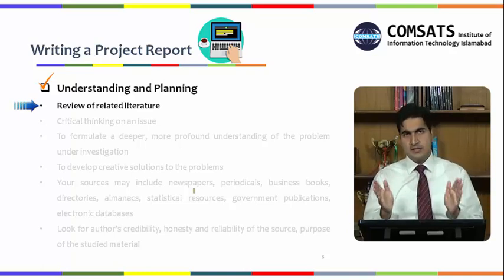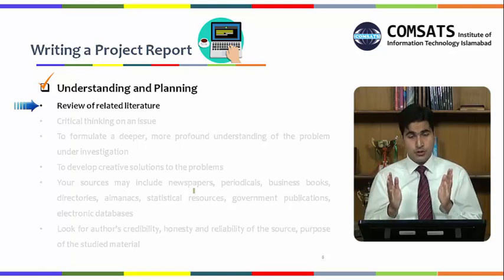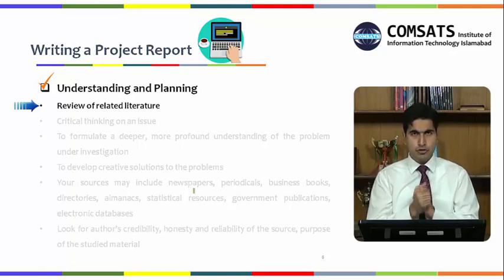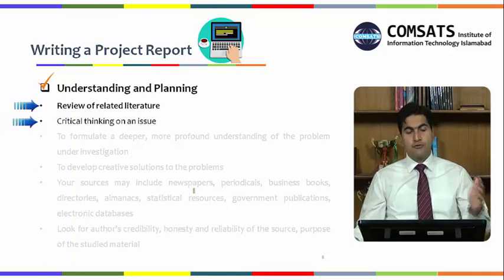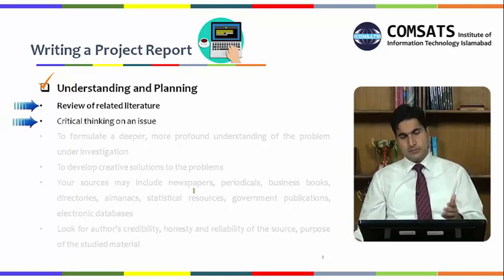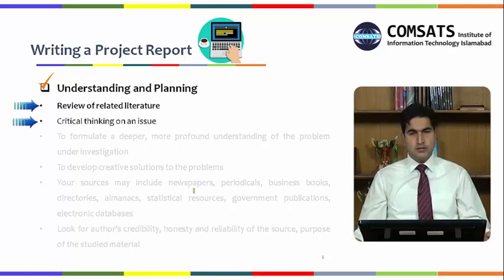But this mentioning is not just the only thing that you do within this review of related literature. It's about this critical thinking on an issue. Let's say if it's just about the stress, so you have to mention that you are critically thinking how this thing is affecting. So first you mention the significance, how important this issue has become, and then you prove that importance by mentioning and highlighting and citing other sources, other authors who are also working on that area.